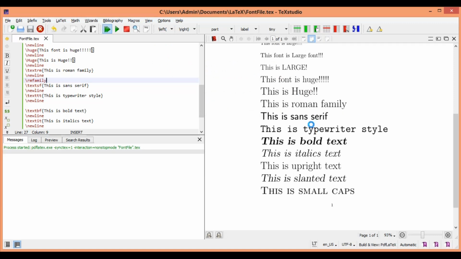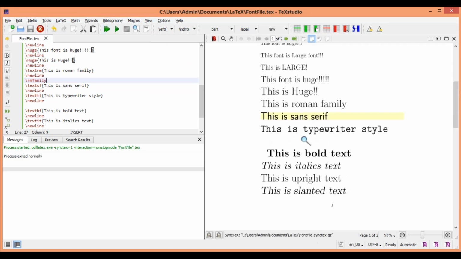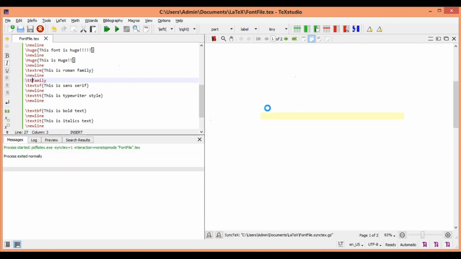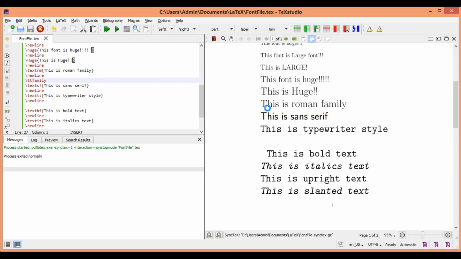Of course, it will not happen because I have overridden with sans, but here you will see it Roman. Or if it is sans serif, you can say SF family because that is sans serif family. So you will see everything subsequently in sans serif style. Or typewriter family means it is going to be TT family. Okay. So these three are switch commands, meaning subsequently everything is getting written into this font family style.